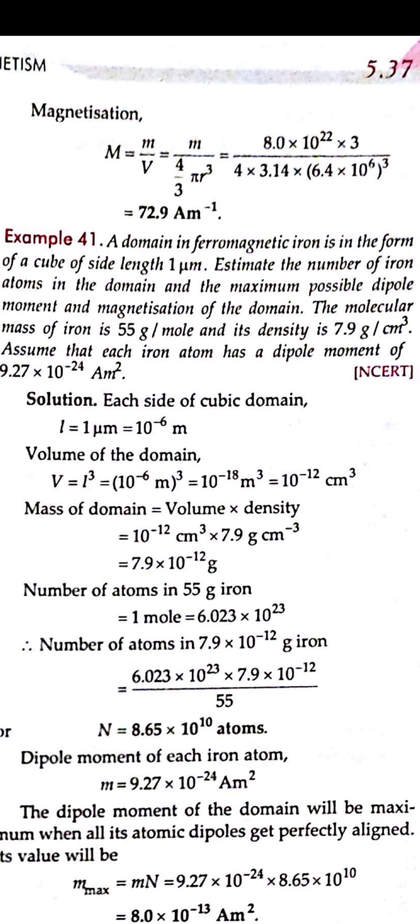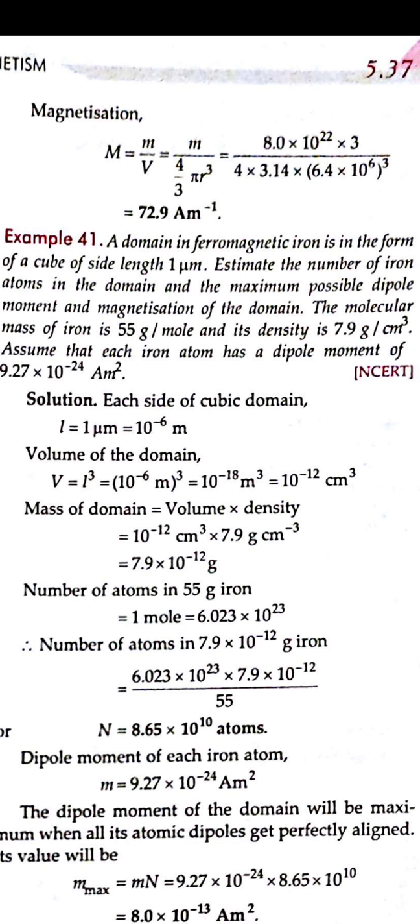To find out the number of iron atoms, we know that it is given as 55 grams per mole. That means 1 mole is 55 grams, right? And we know that the number of atoms in 1 mole is given by the Avogadro number 6.022 into 10 to the power 23. So using that we can say that 55 grams has 6.022 into 10 to the power 23 atoms. And for mass we know that volume into density is given, right? Density is already given, 7.9 gram per centimeter cube, and the volume we have taken out, that is L cube, the side cube of the cube. From there we got the mass.